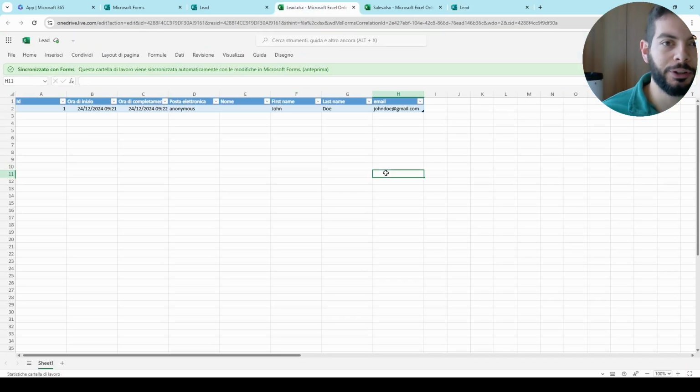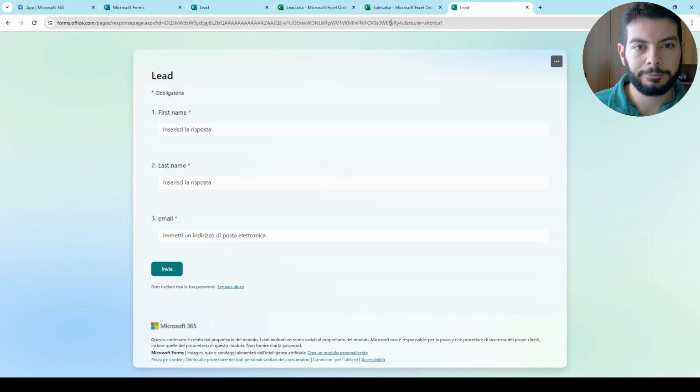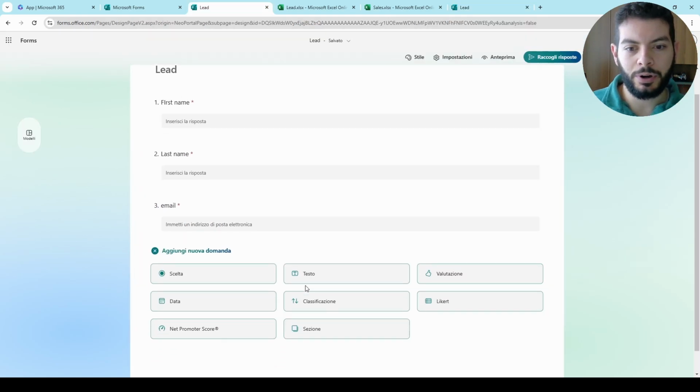So at this moment you could wonder what happens if in three weeks I want to add another question, that you create holes for the previous respondents who didn't have that question. And in my experience this can happen. It is not tragic, but it can become a problem. Let's see. Back to the questions, add new question.